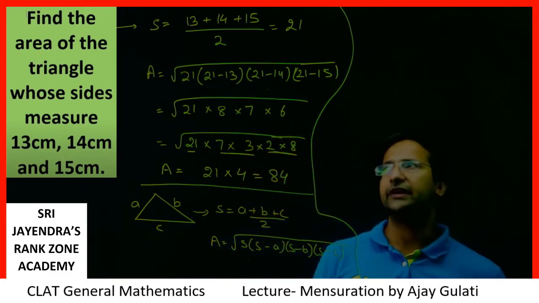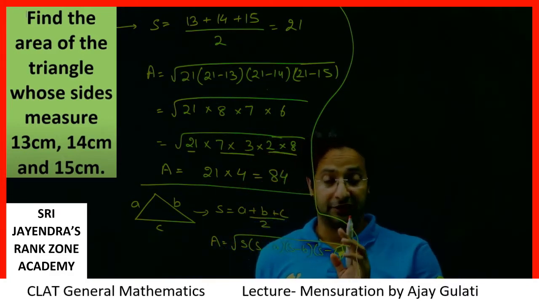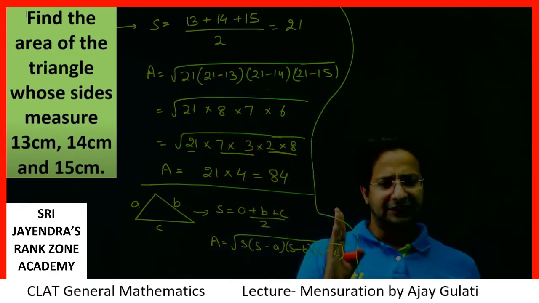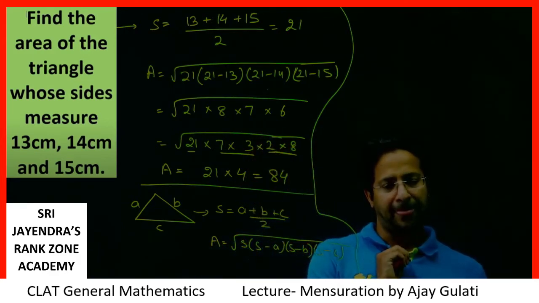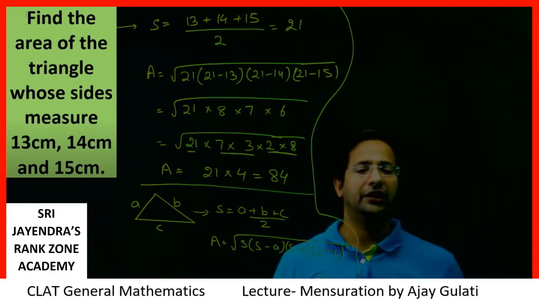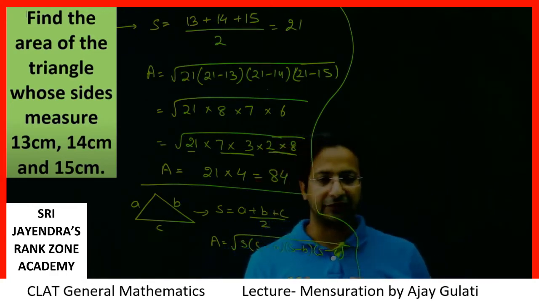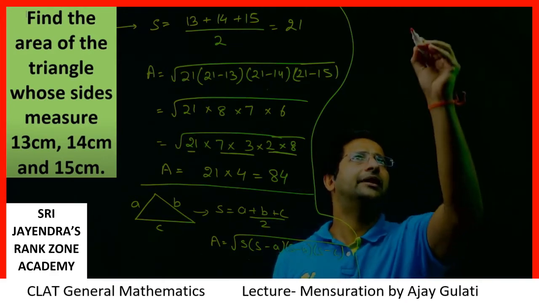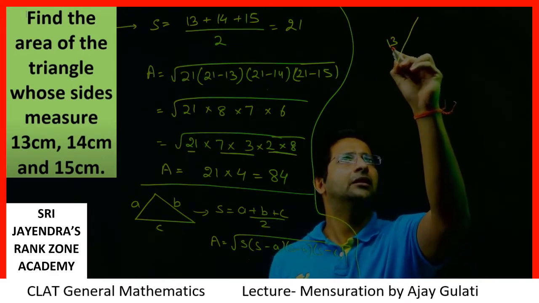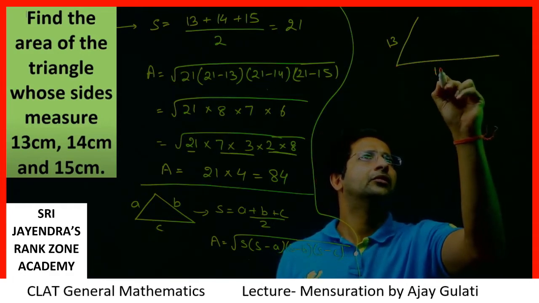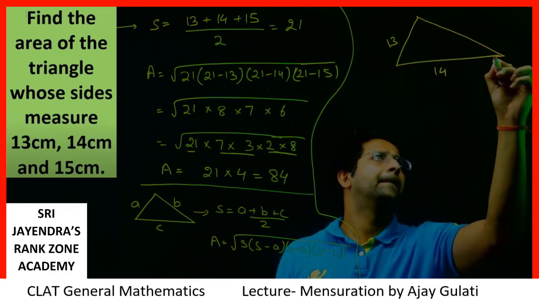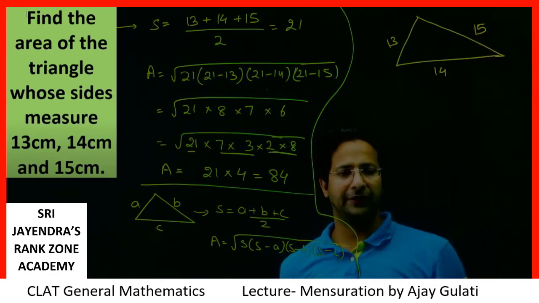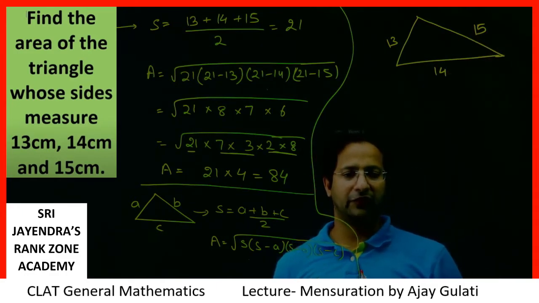The next question which we deal with is a better solution. We have the sides 13, 14 and 15. I need to figure out a way. Can I solve this particular triangle by the proper half into base into height method? 13, 14, 15. Okay, students. Before I solve it, I need you to be aware of a few Pythagoras theorem facts,